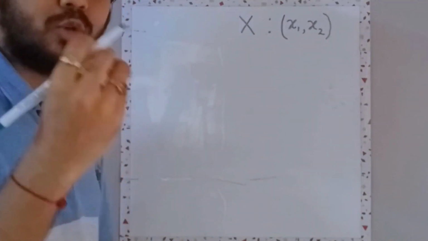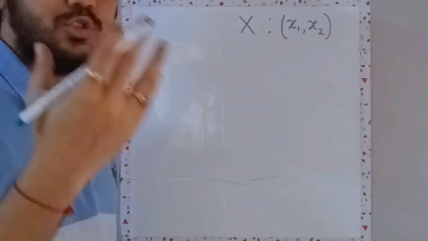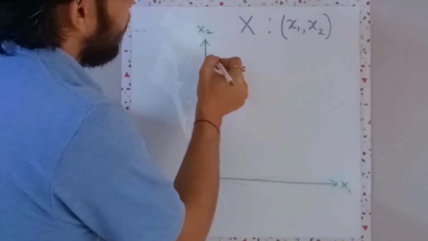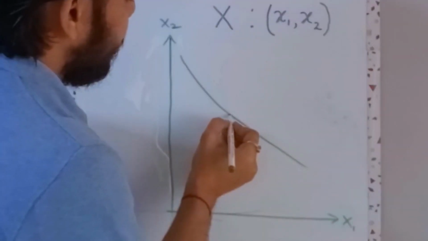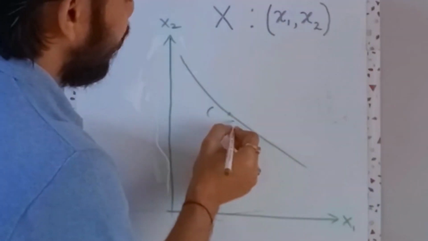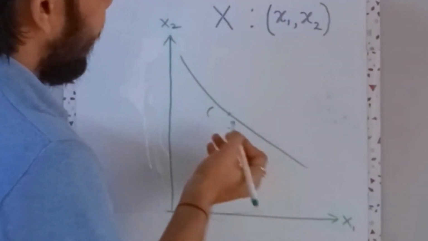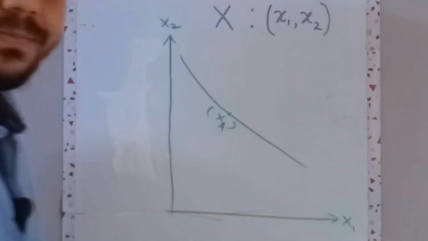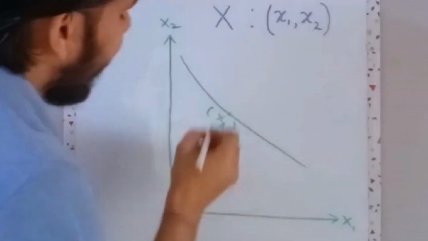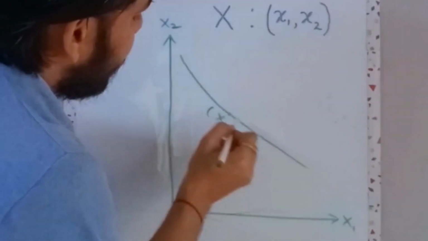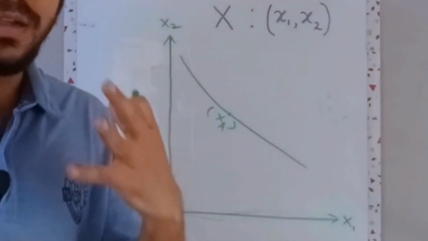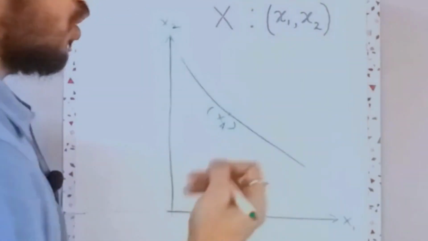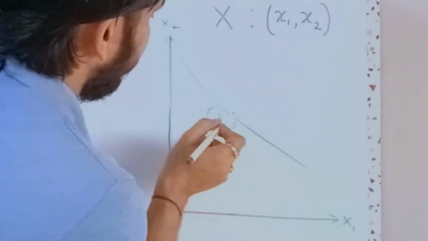Now there's an important property about indifference curves which you must know. Let's say this is your indifference curve and this is one of the consumption bundles which you have, right? Let me just write it as capital XA. And from here you are assuming that you can also draw another indifference curve, right?